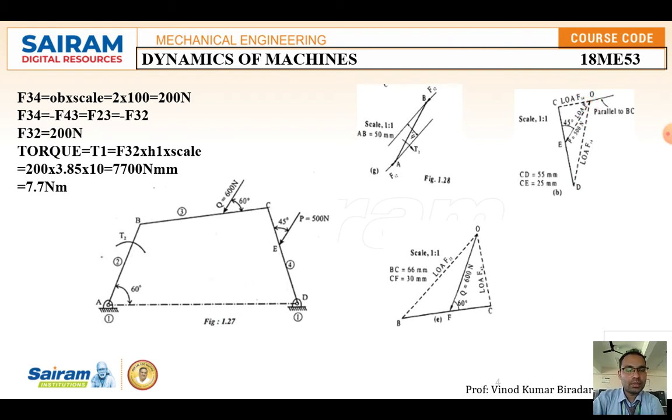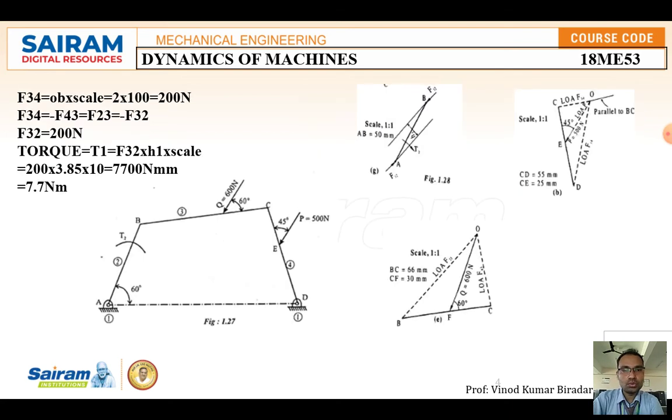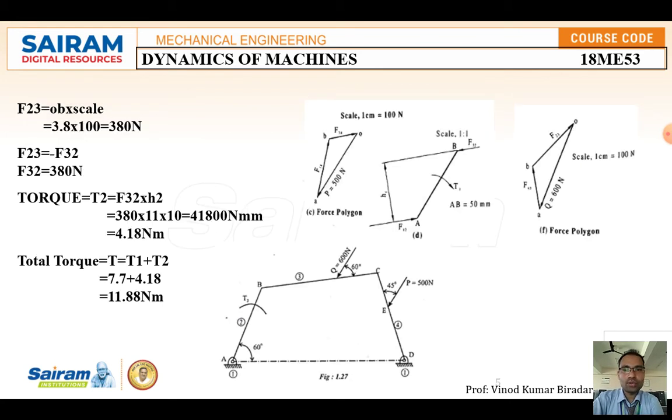Similarly to how you drew the force polygon diagram of the earlier diagram, you have to construct a similar force polygon diagram for this. Here we are going to assume the scale is 1:100. So 500 Newton means you have to draw 5 units here. O to A is 5, and the remaining 2 forces you have to transfer parallel to those lines, parallel to the BC line, using the scale.